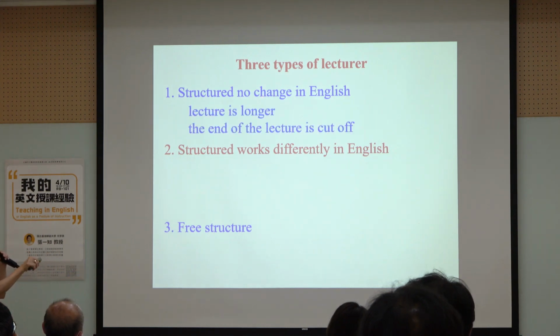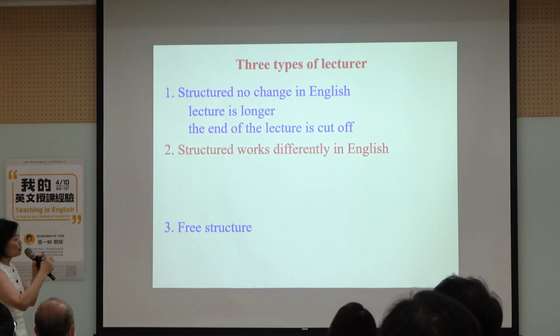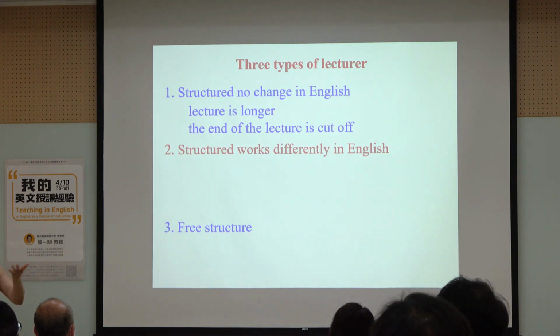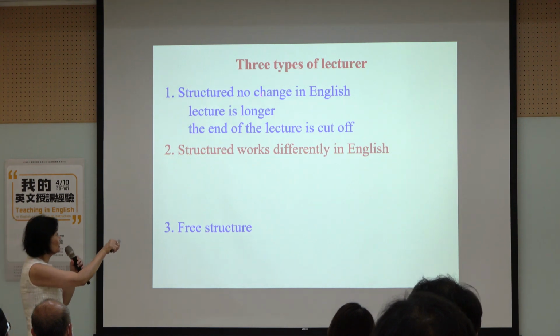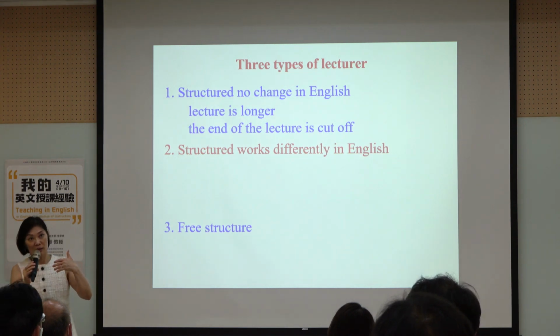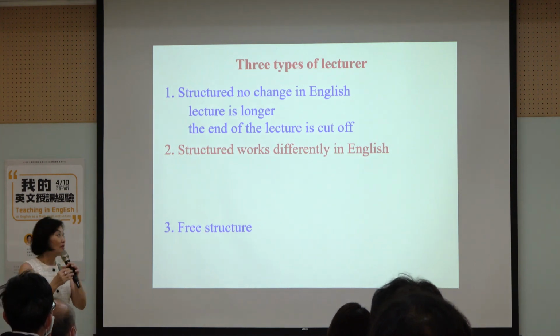Okay. So what happened to the no change one? Now you speak slower. So what can you do? You have to get a longer lecture. Okay. No recess. Right? Or you cut the end of the lecture short. Okay, just in the university, we don't have to teach everything. So if you can't finish, you have the students read it themselves at home. Okay, so that's what we can do to overcome the problem, because you're going to take a longer time.